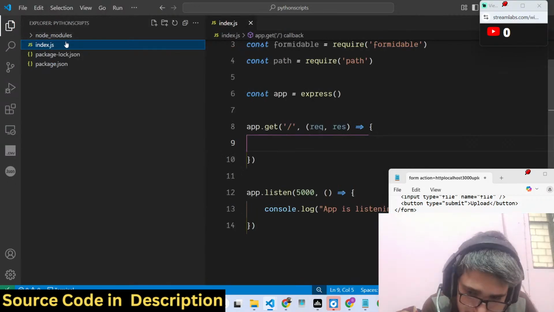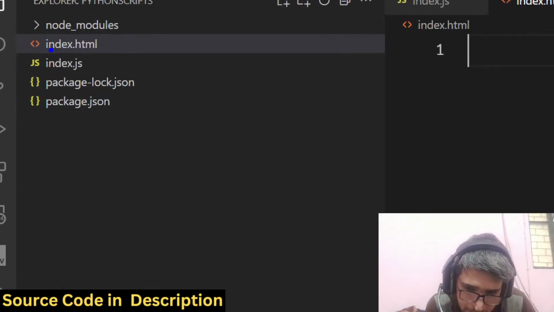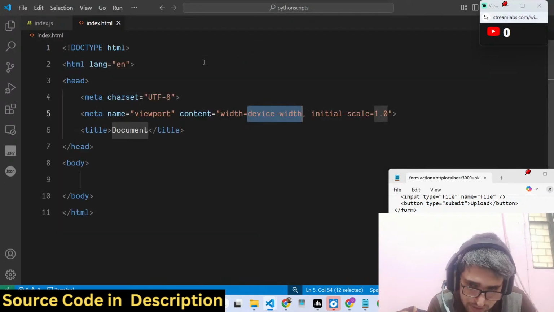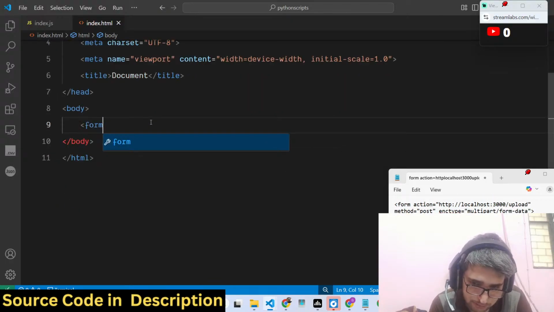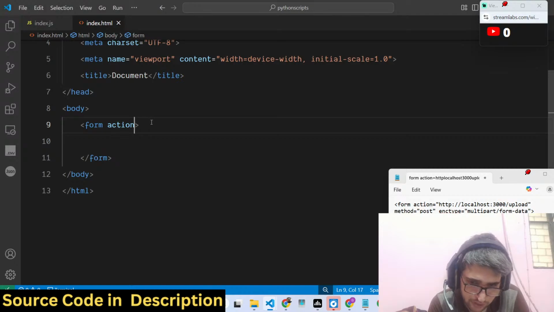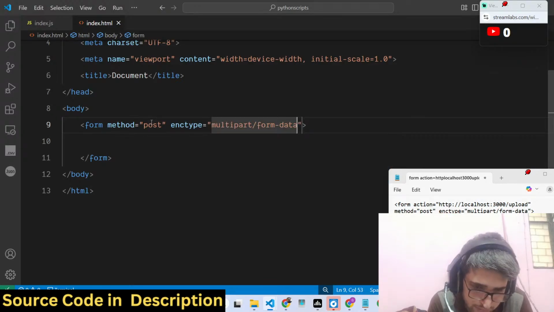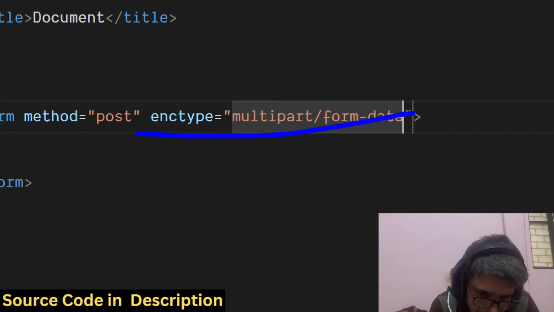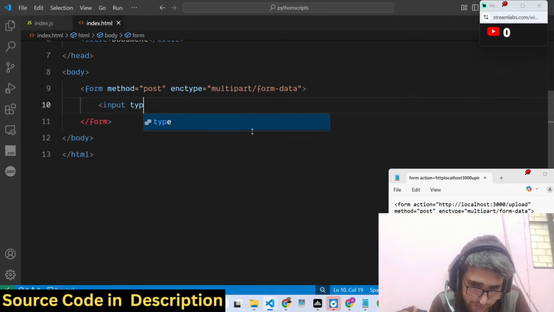For this, we can create this file right here, index.html. So this will be the file which will be shown to the user when someone goes to the home page. And right inside this file, we will have a simple form where the user will be able to select a file, then upload this to the server. So this method will be post, encoding type. This attribute is required whenever you're working with files. So encoding type multipart/form-data, and inside this we will have a simple input field, input type file,